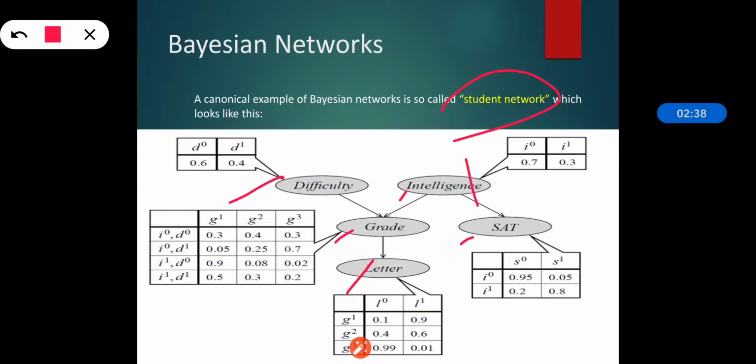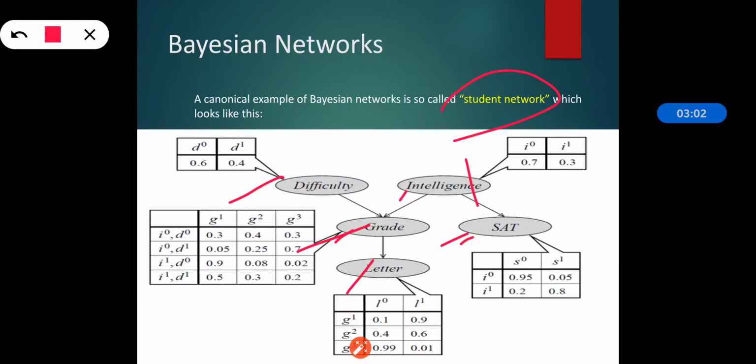Intelligence of the student takes 0 when not intelligent and 1 for intelligent. Then the variable grade, what the student gets in the class, takes value 1 for a good grade, 2 for an average grade, and 3 for a very bad grade.